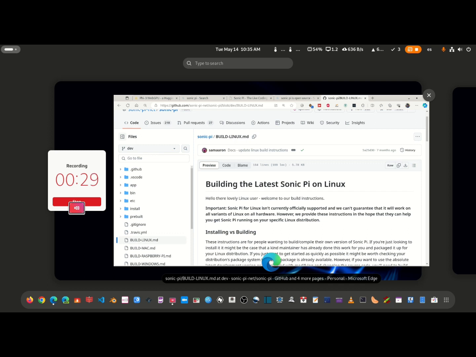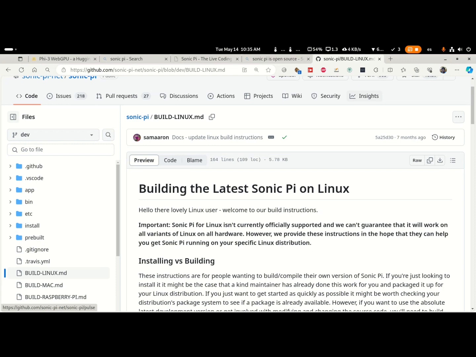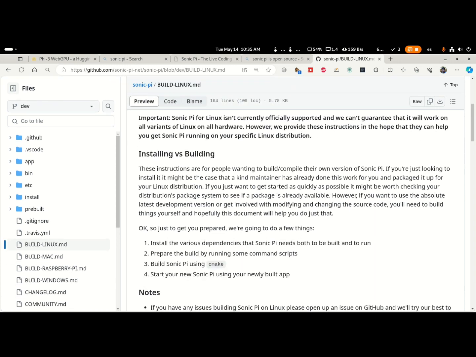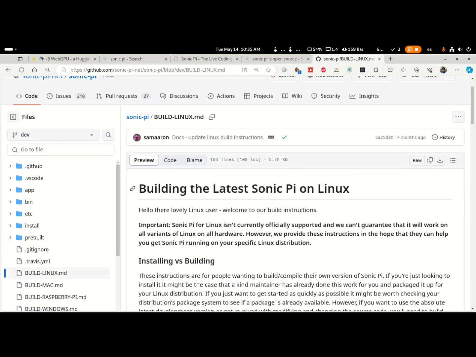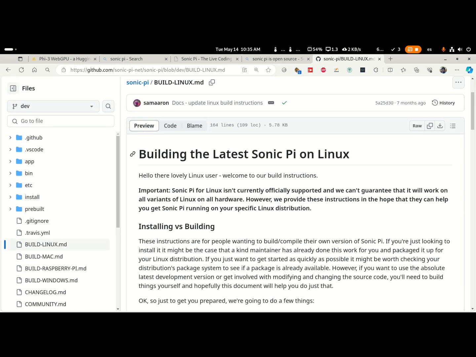But in case you have errors because you are using a new version of your Linux distribution, you can use this instruction to make your own build of Sonic Pi on your Linux distribution.